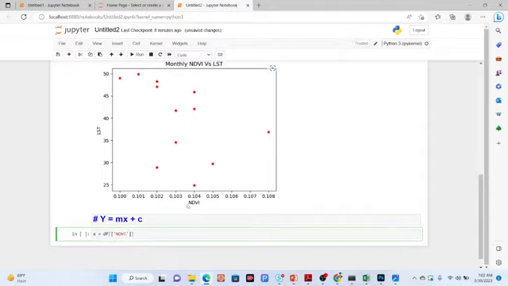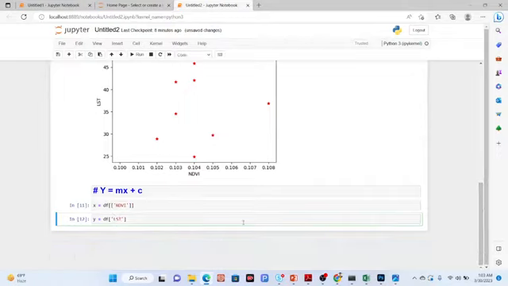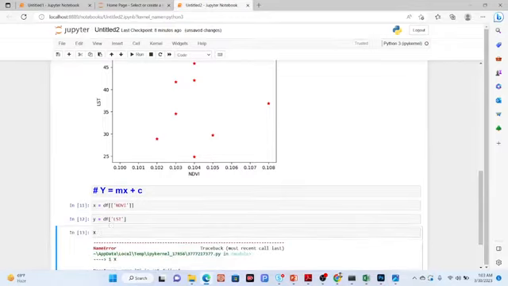Okay, so I simply click to run, it will run, and also take another cell and take another variable such as y, and I put here the dependent, so df, and call this LST. Okay, click to run. So if you want to see the results separately, just simply take a new cell and call the x. Now you can get,